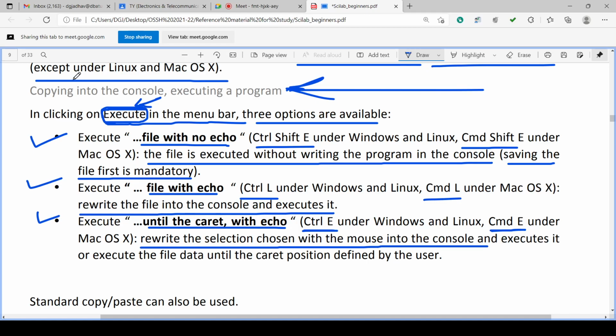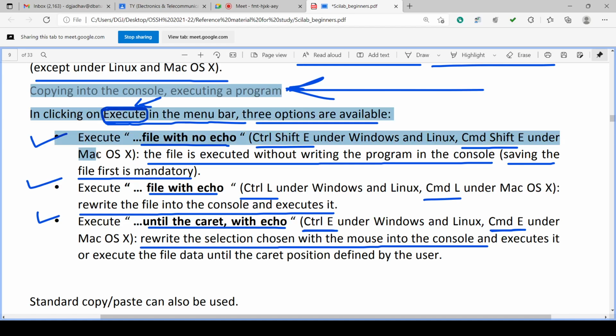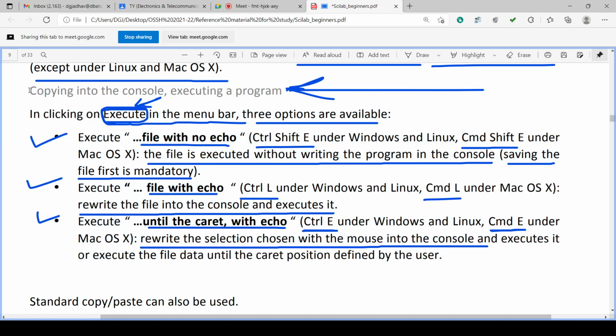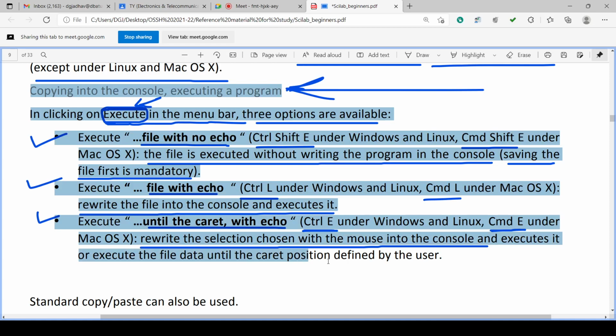Suppose I have chosen this much with the mouse. I have clicked here and dragged the mouse, so this part is chosen by the mouse.